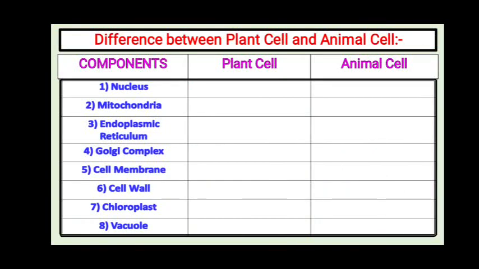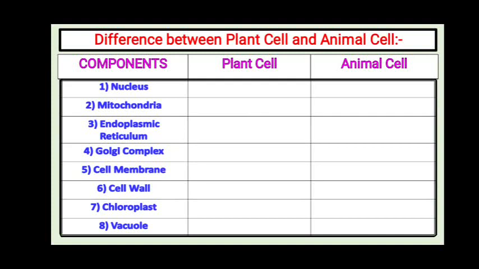So I hope you all have opened your textbook to page number 67. In this chapter, in the beginning only, we had done the labeling part of plant cell and animal cell. I hope you all have taken down all the labelings properly. Next, we had done the difference between plant cell and animal cell. Now on your screen, you can see the components which are mentioned. Now you all just have to say whether they are present in plant cell or absent in plant cell. Similarly, present in animal cell or absent in animal cell.